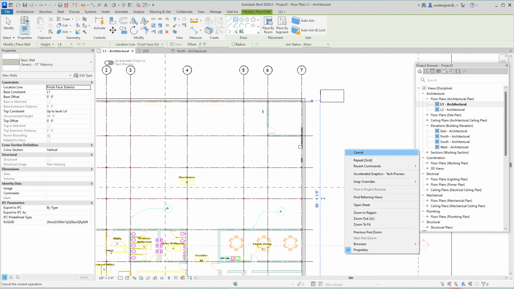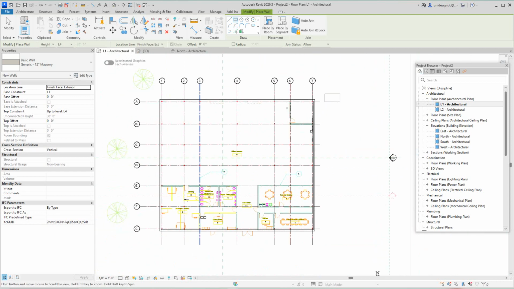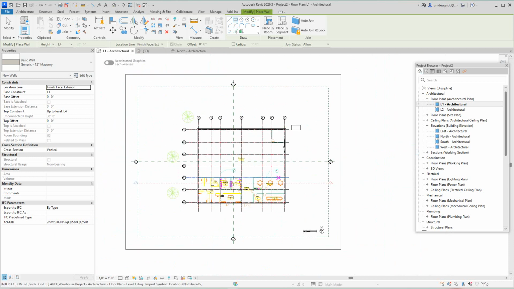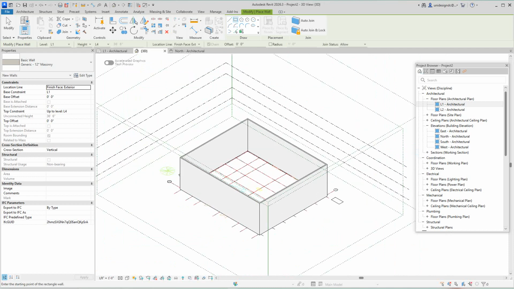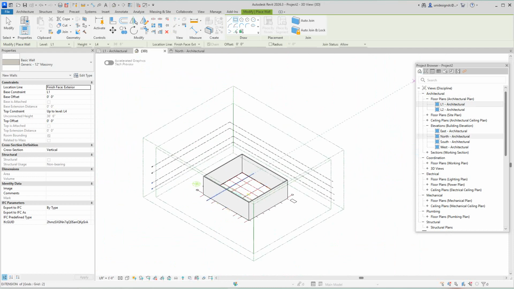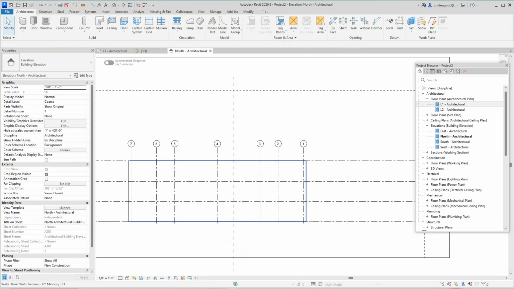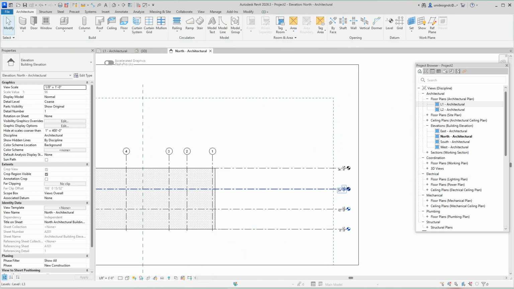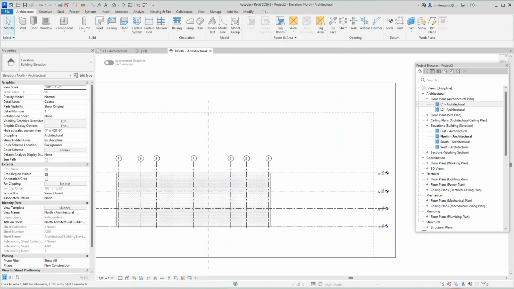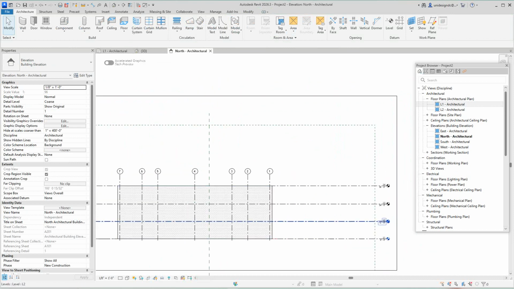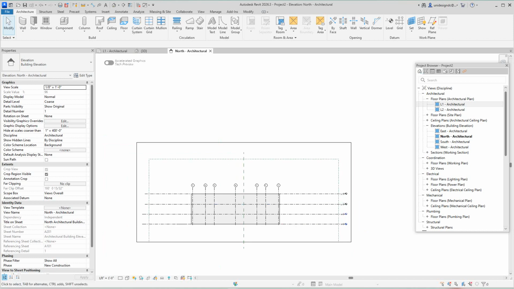So now we're on level 1, and we've got several windows and openings and everything here. So let's have a look at this in our 3D view. Okay. And then let's look at our north elevation here. Okay, so there's our height. These intermediate levels we're going to use for something else, maybe a floor between on certain things, but let's go